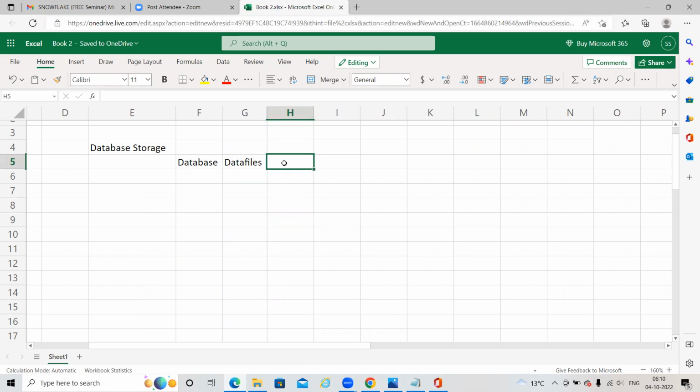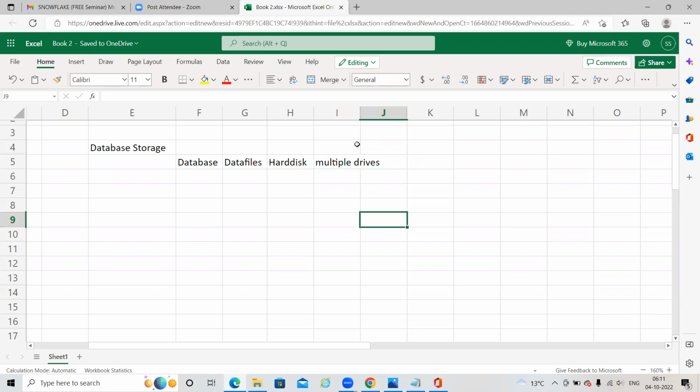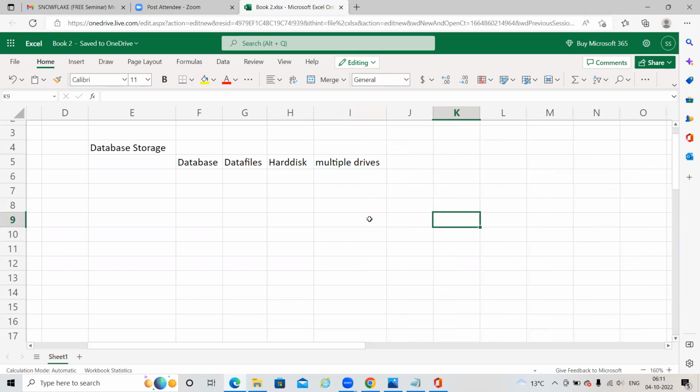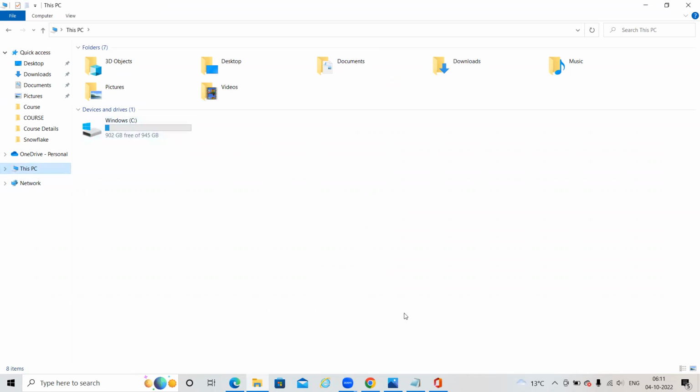Data files are nothing but on the hard disk. There will be multiple drives. Stop me if you feel I am a little slow. When you store your data in a database, the physical data will be stored directly in your data files, and the data files will be stored on a hard disk.